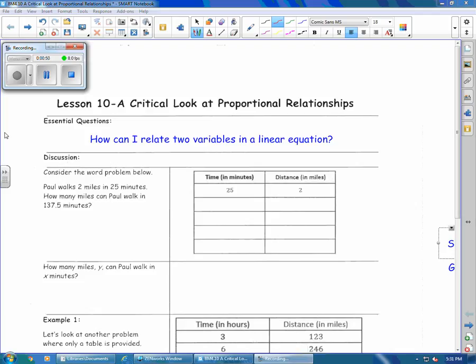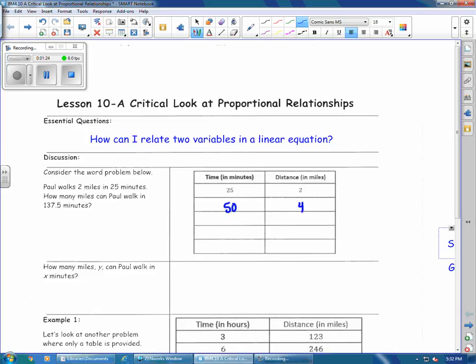So let's consider the word problem. Paul walks 2 miles in 25 minutes. How many miles can Paul walk in 137.5 minutes? What we can do is use a table to organize our data. If Paul walks 2 miles in 25 minutes, we can start increasing the time that he walks, and proportionally, he should be walking a farther distance. Let's say, for example, we want to double it. In 50 minutes, we're going to assume that Paul can walk